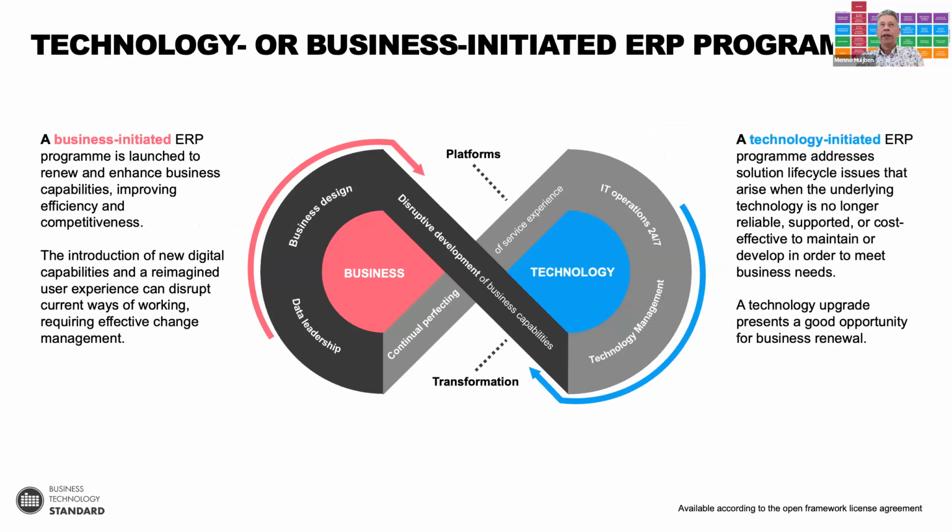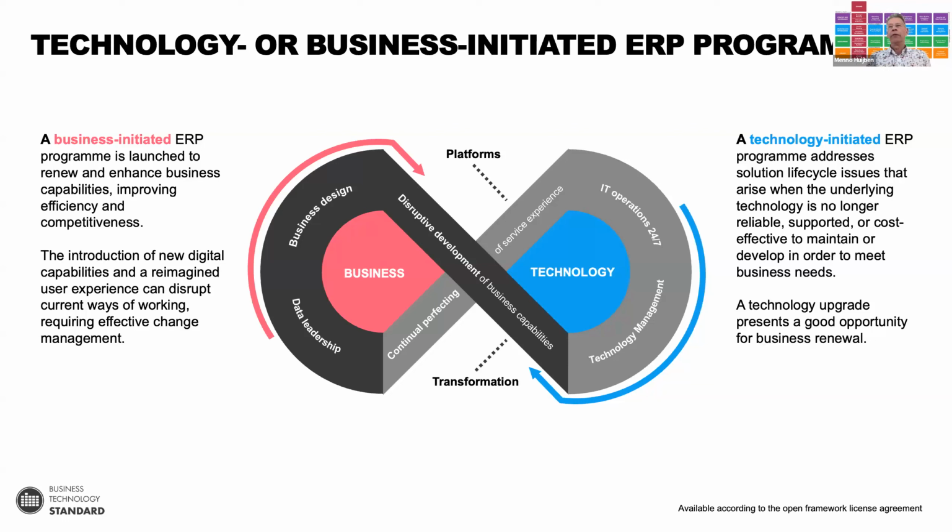To help also the communication, what the whole thing is about, we came up with this picture. Somebody says it's the Batman spectacles, but I don't know. But it demonstrates from which direction an ERP business transformation can come. So it can be business initiated, where there are really clear objectives. We want to become more data leadership focused, or we have new designs for our business. And from that, you follow the red arrow and you go to the more disruptive type of developing new business capabilities, and you get into transformation. Or you come from the other direction,